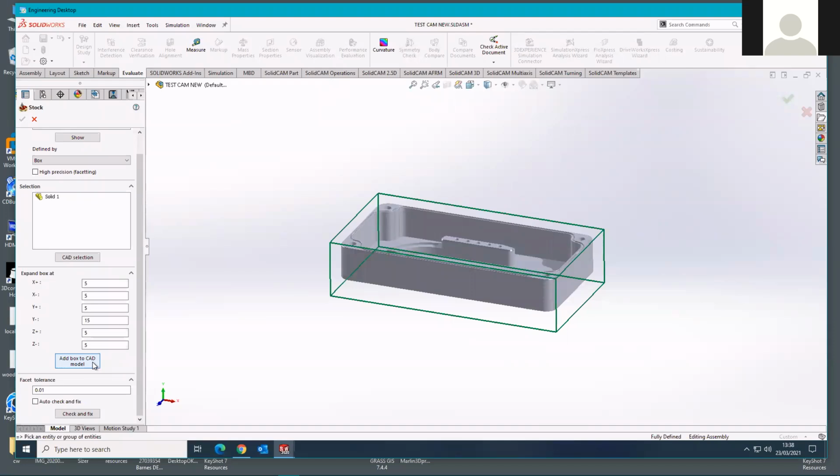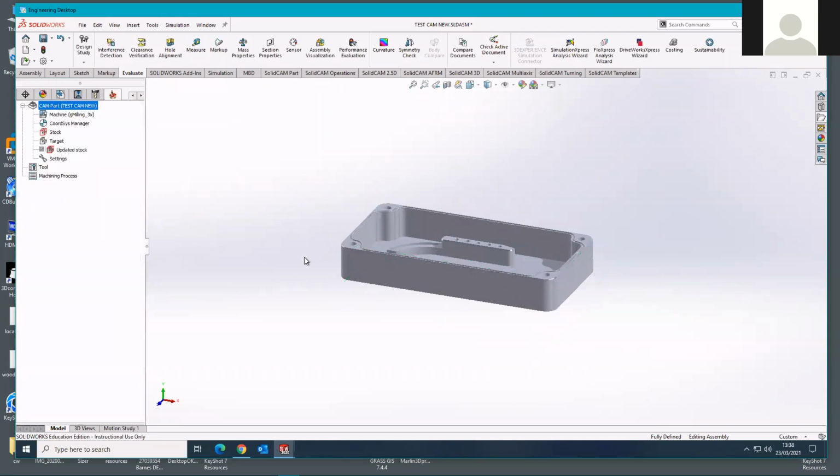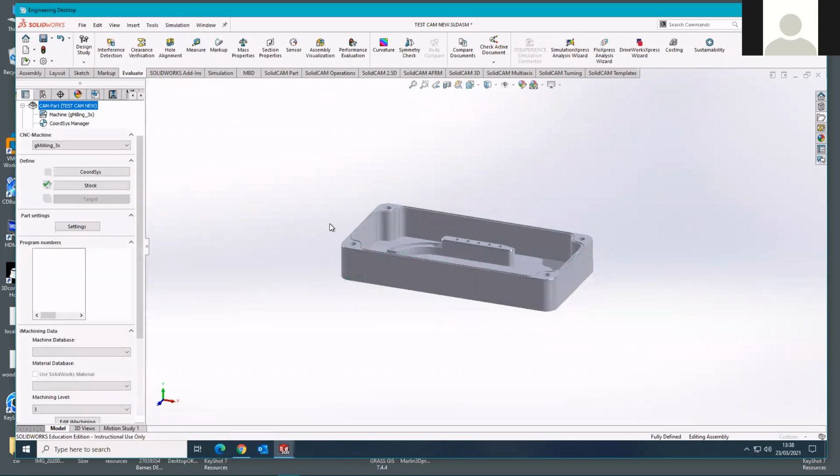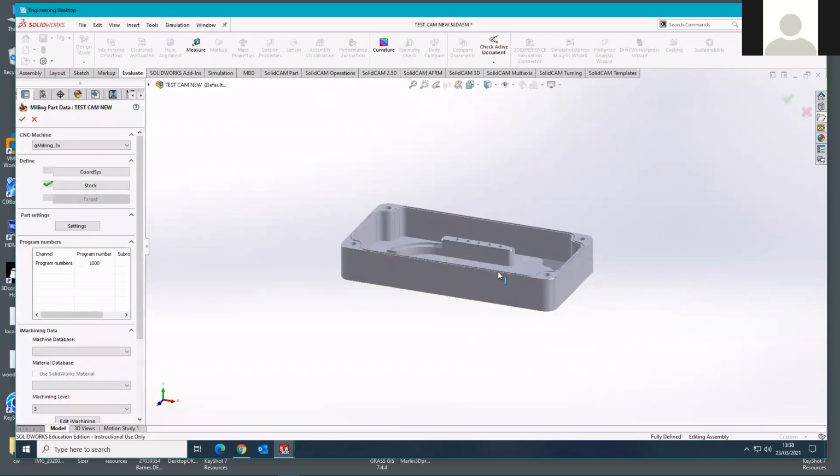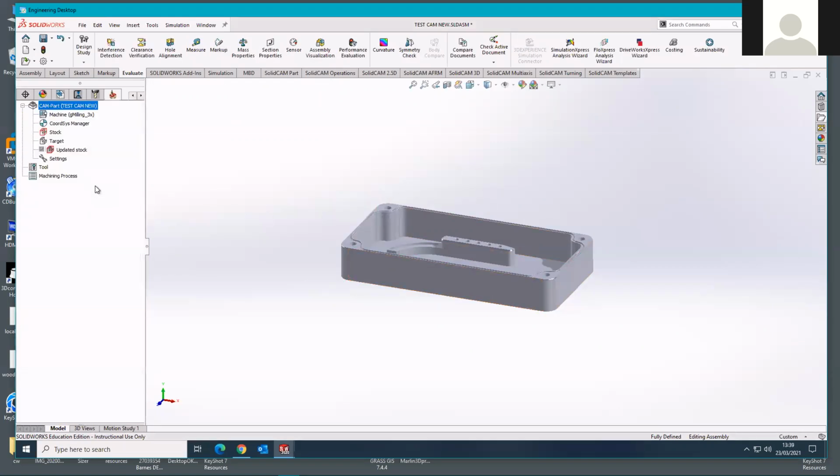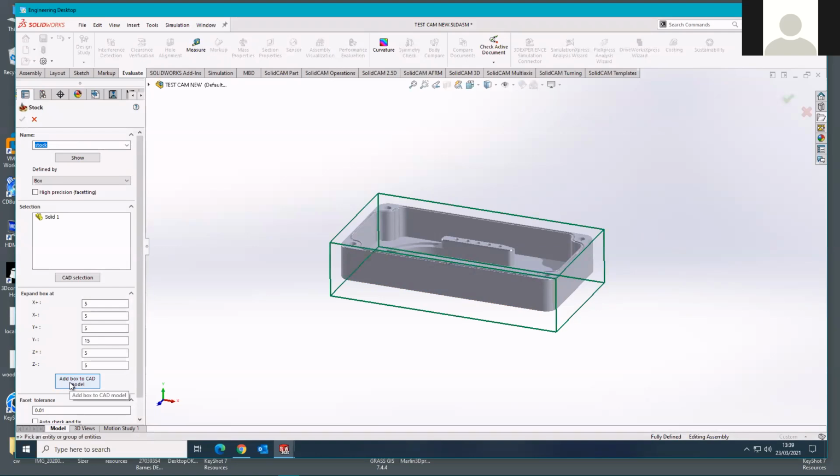And that's quite useful because otherwise, if I don't select that, I'll do it as a little experiment now. So I'm just going to exit without clicking on it. That cage that represented the stock size disappears. It doesn't get created. It's been stored by the system. The system has a record of it for its own purposes, but I, as the user, cannot click on that box anymore. So that's not as useful as when you exit that stock menu, clicking on Create or Add Box to CAD Model. So when I click on that,